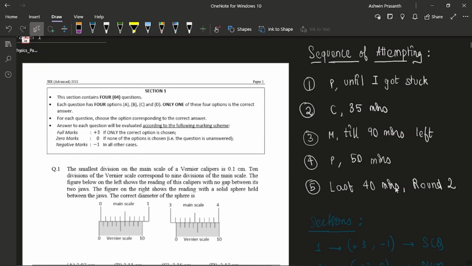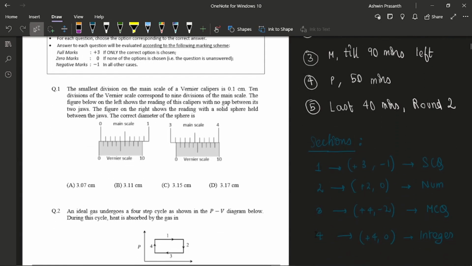And another thing, in the 15 minutes before the exam, they'll show you the instructions. They show you the sections in the paper. So in this 15 minutes, what you should do is read it carefully and see what all sections are there, what's the mark distribution, how to enter the answer, for example, in integer type, in numerical type, how many decimal places do you need, all that you should know. And then you should also figure out which order you will attempt those sections.